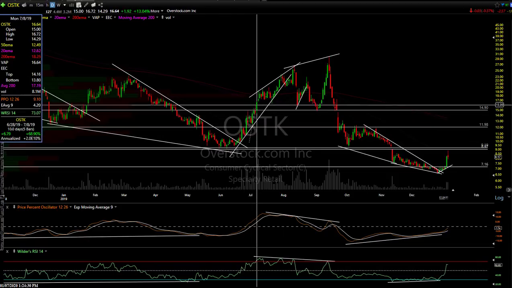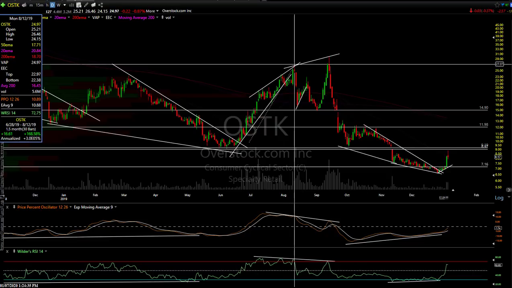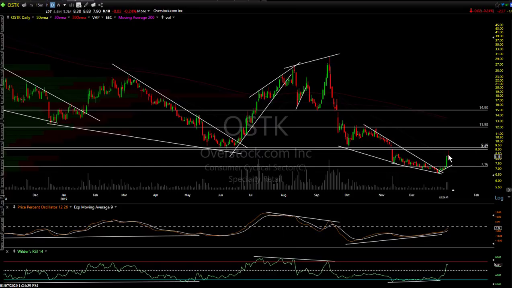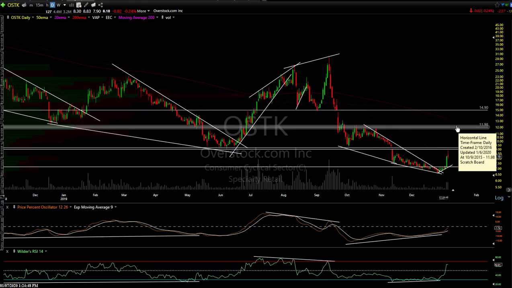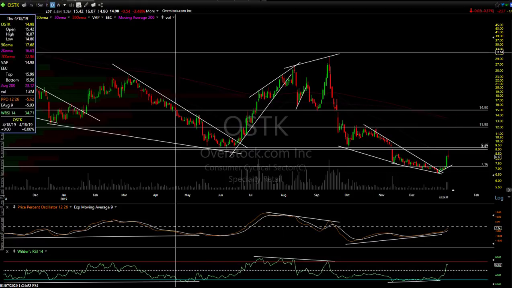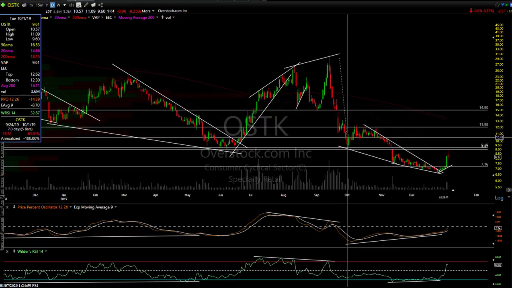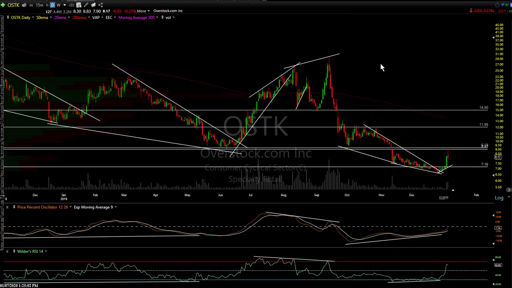You can see this thing hardly took a breather until it was up 168%, and that just took a couple months to get there. So like I said, there's the potential that we could only just be getting started here on this breakout, and this stock may not even take a breather until it hits that 11 or 12-ish, or maybe even that 14.90-ish target. So we'll see. Again, don't fall in love with it because it can go the other way, and this stock tends to fall very fast when the traders exit it. So, all right, that's that.